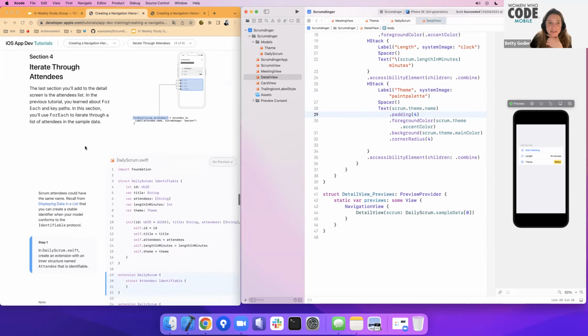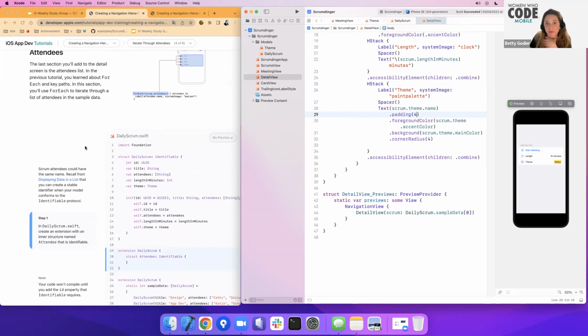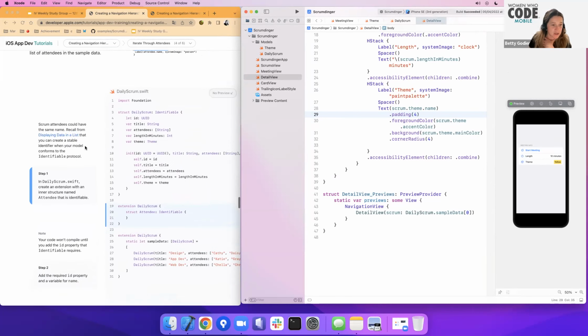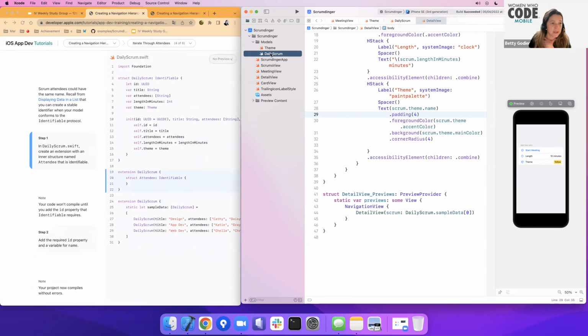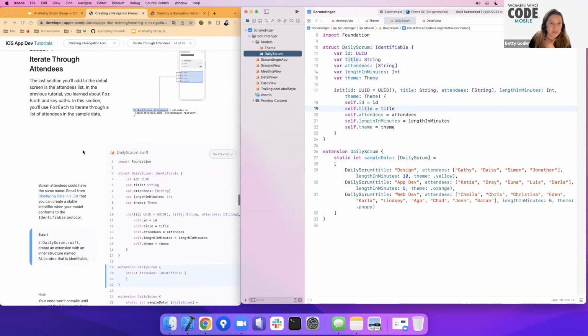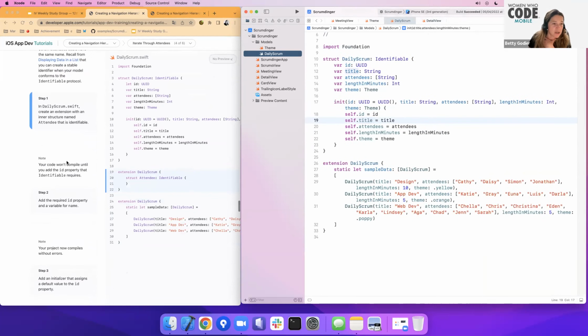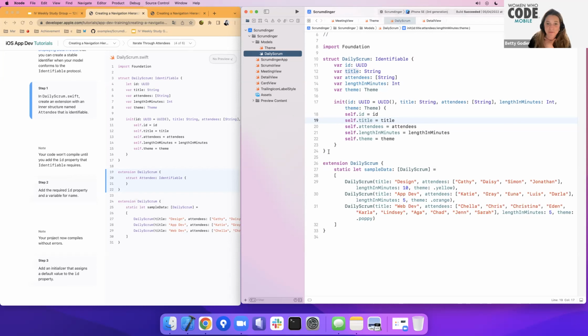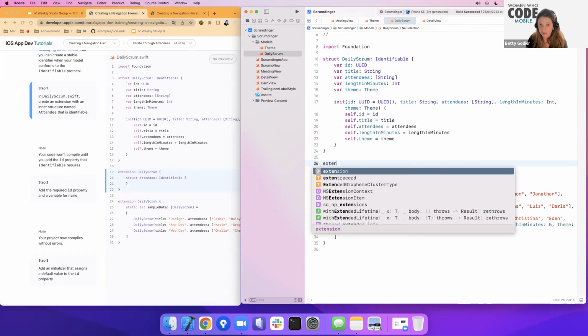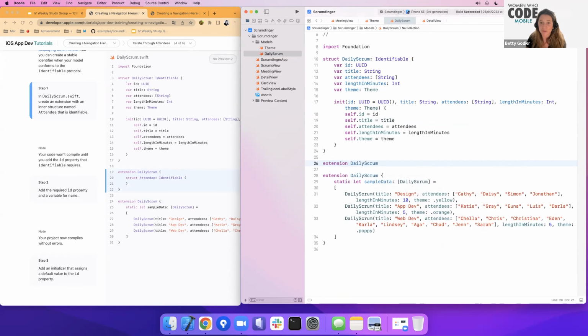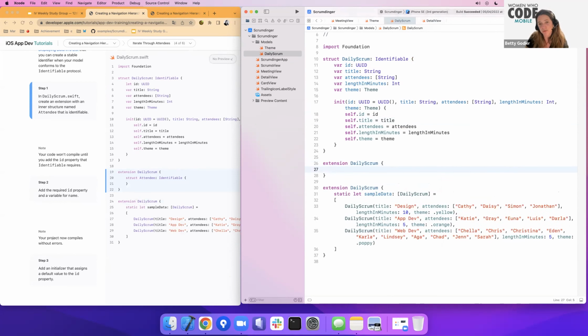So, iterate through attendees. Now the goal is to iterate. How is it easily possible in Swift? We use ForEach. So go in our model. Before we can iterate, we have to create data. So here, create an extension. Be careful, not in the struct, because it's an extension of what? Of DailyScrum. It's usual to create an extension, and sometimes we create a new Swift file to do that. It depends on the size of the application. So here, Attendee, Identifiable,